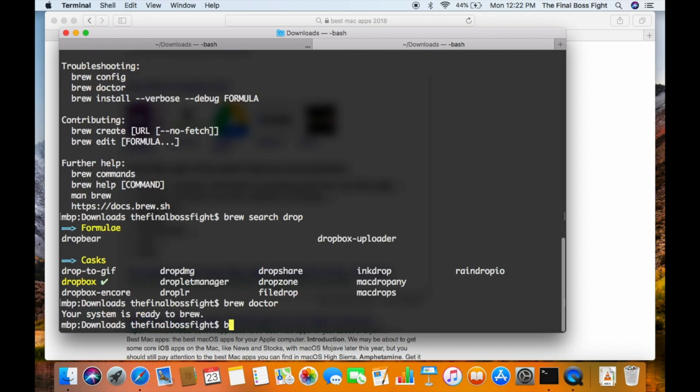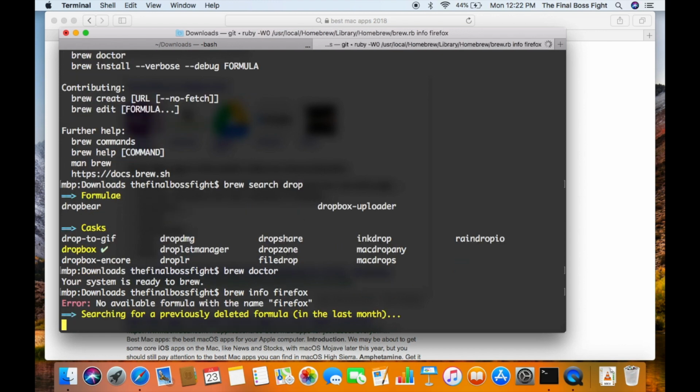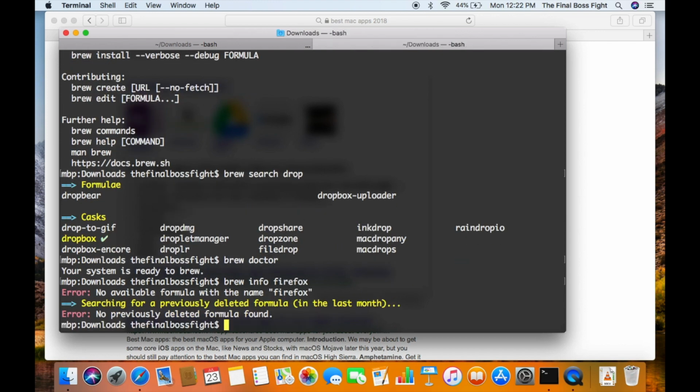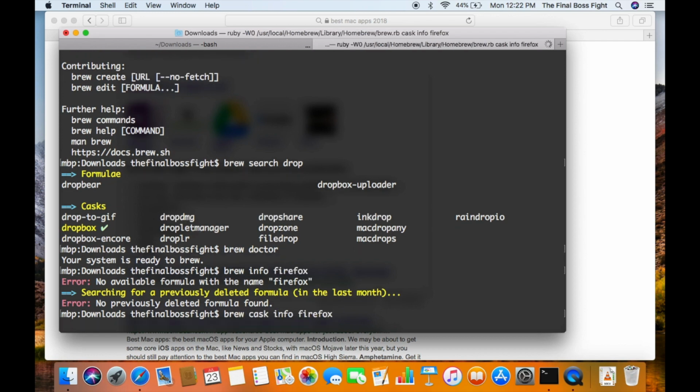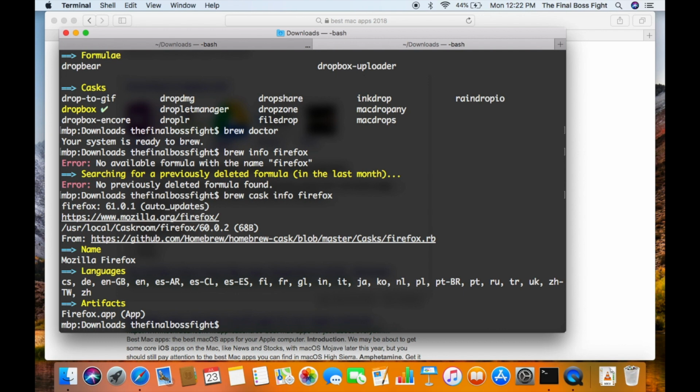Cool. So now say I want to get info on my Firefox installation. I can always go brew info Firefox. Oh, okay. Sorry, that's my mistake. So it's brew cask info Firefox, because Firefox is a cask, right? And as you can see, there you go, you get all the details. You can always check where it's installed,